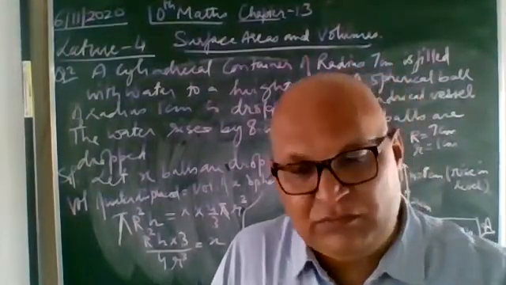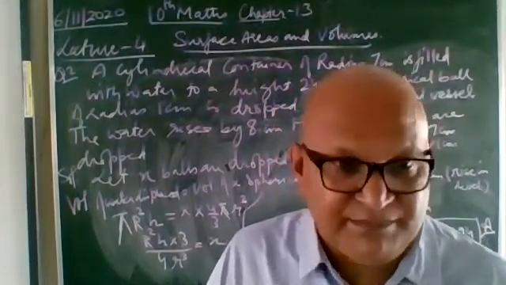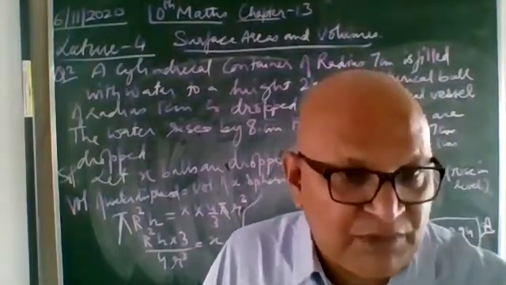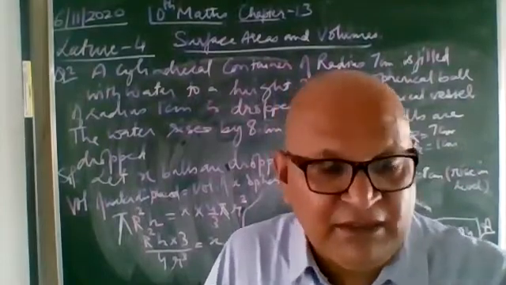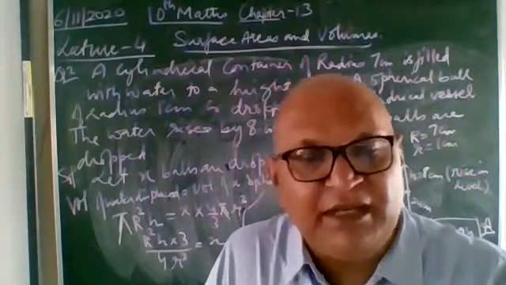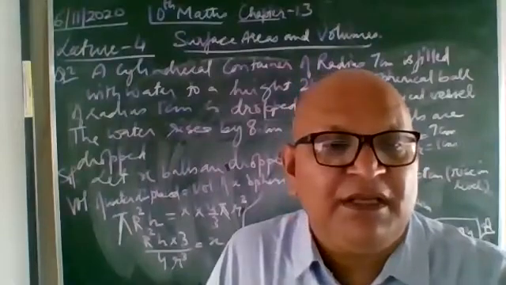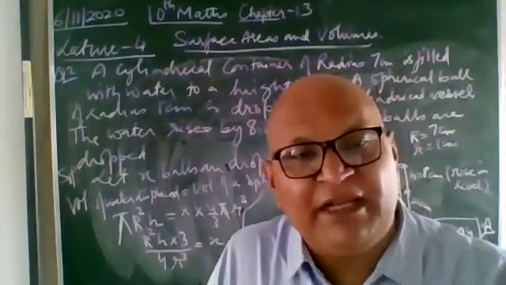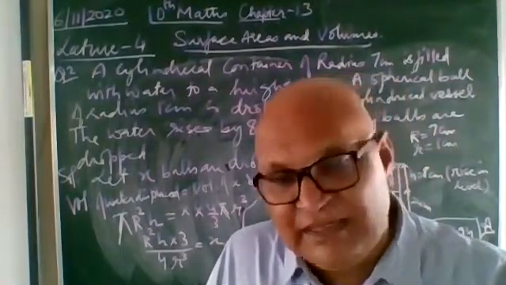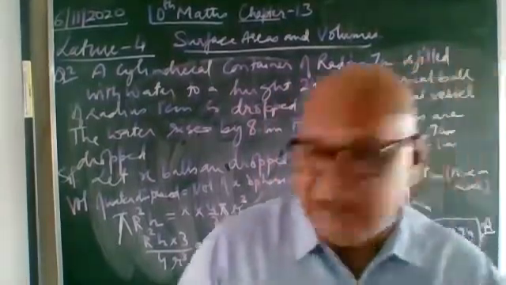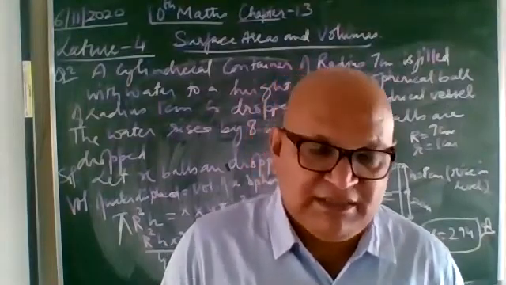Now the mud taken out from the well can be evenly spread around the neck of the well, so it becomes a ring. If mud is spread evenly around the neck, then it becomes a ring, and the area of the ring will be what? Area of outer circle minus area of inner circle. So volume of mud taken out from the well equals area of ring into rising level, and area of ring is outer circle minus inner circle. So this is another concept.